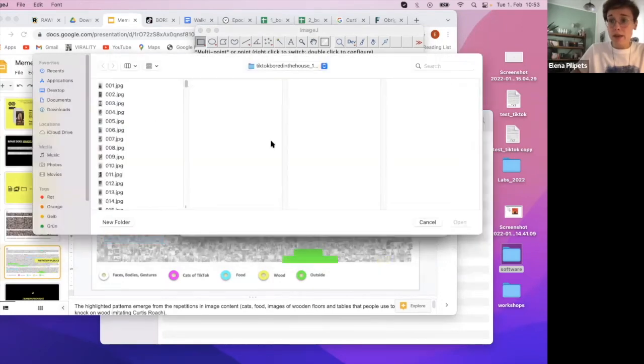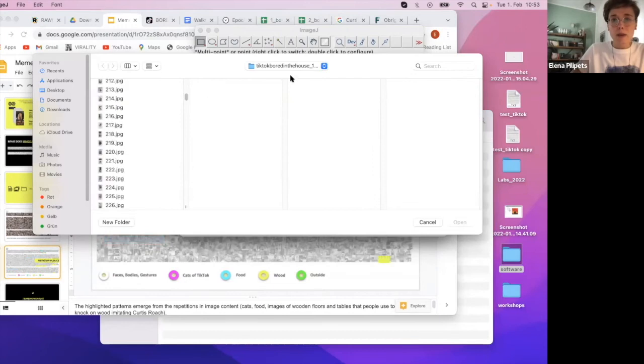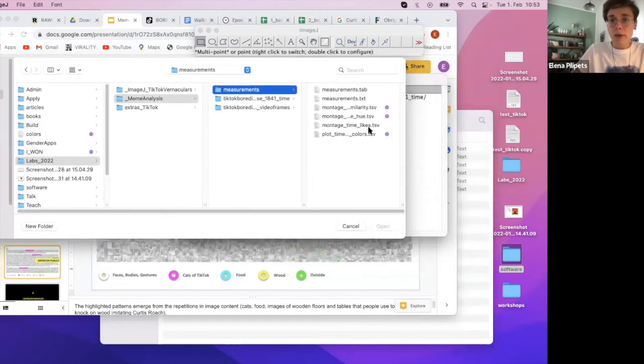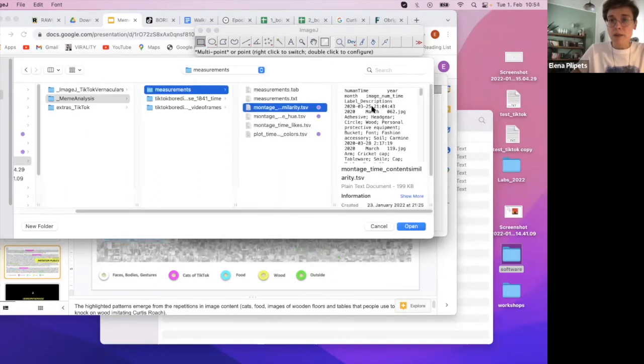And then it asks you to specify the measurements, right? The .tsv file. And we just, again, look for it. And it should be montage similarity